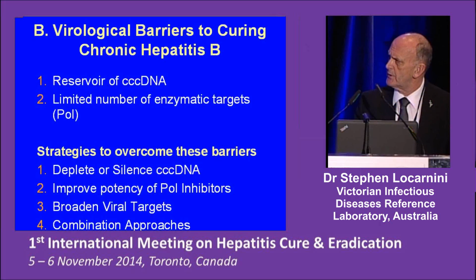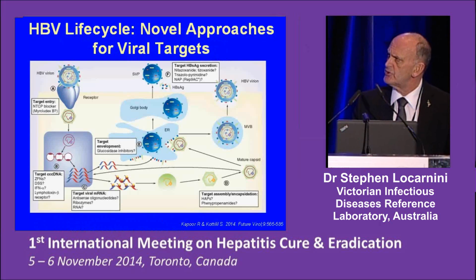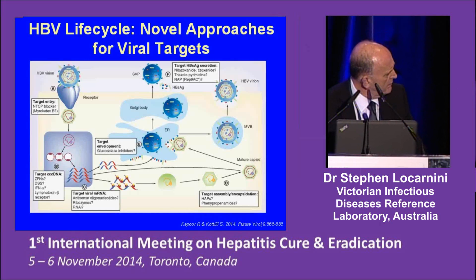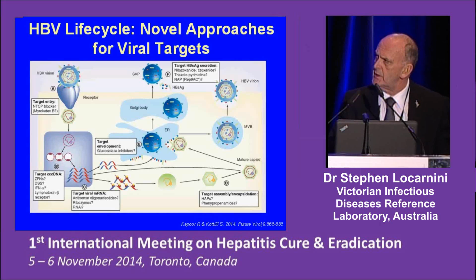This is a really nice review just published recently in Future Virology, which goes through the key steps in the life cycle that I'll cover now. As Harry has already pointed out, the receptor has been discovered, NTCP, sodium taurocholate co-transporting protein, a receptor that the hepatitis B virus seems to use a lot. And then from there, the genomic DNA is converted to a mini chromosome, which we'll look at in a minute. A target will be to block attachment through some mechanism, an entry inhibitor,